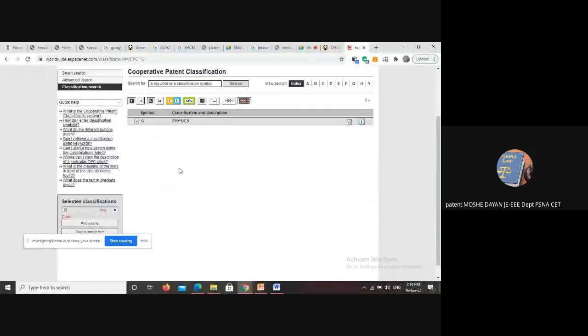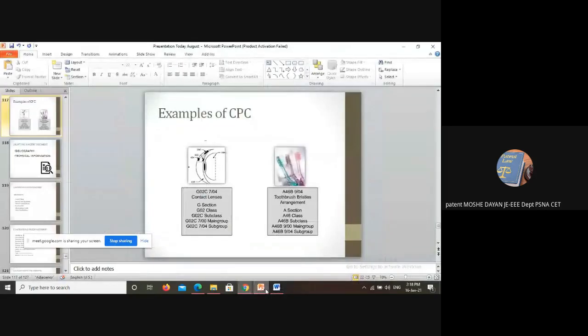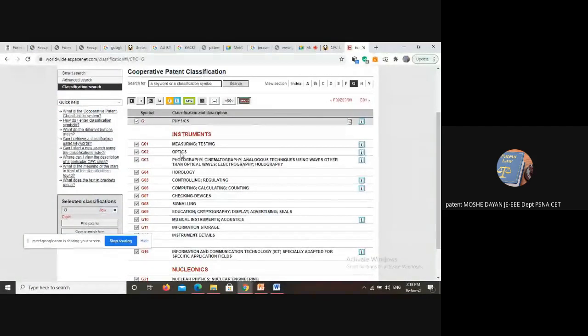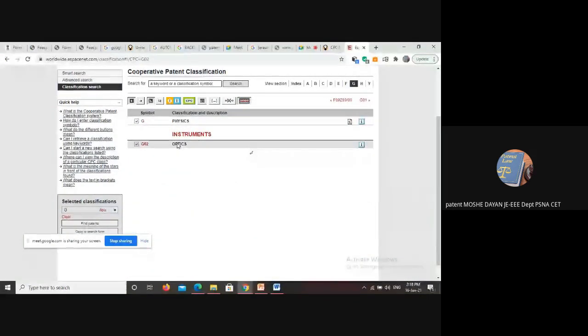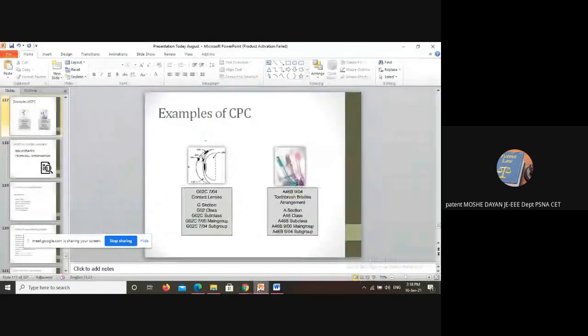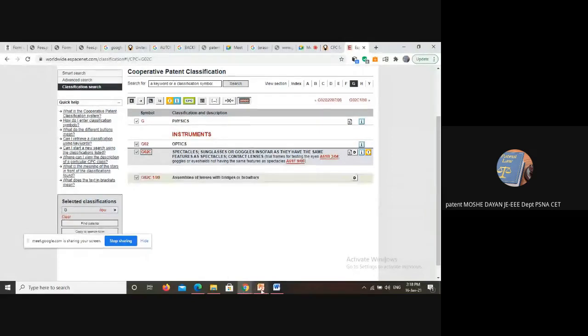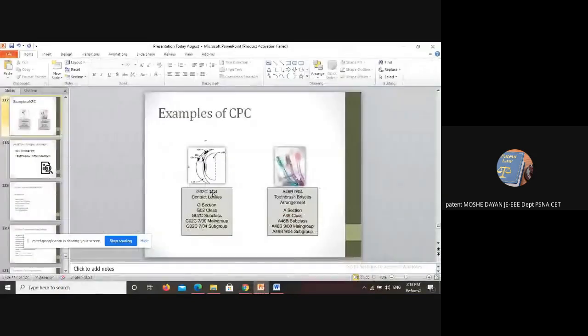So our code comes here under G, because our invention is based on the contact lenses. So G, when you take it as a broad one, G02 is for optics. So it's G02. Again, when I go to this optics, here we have the sub-classification. So here ours is G02C. G02B is there, G02C is for spectacles, sunglasses, goggles. And when I click this, again there will be a further subclass here. So here I have 7/04.